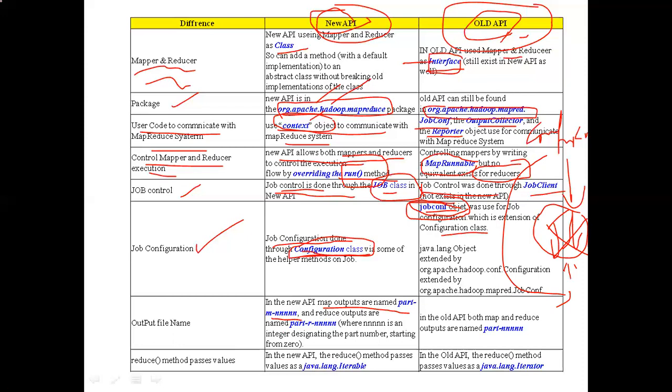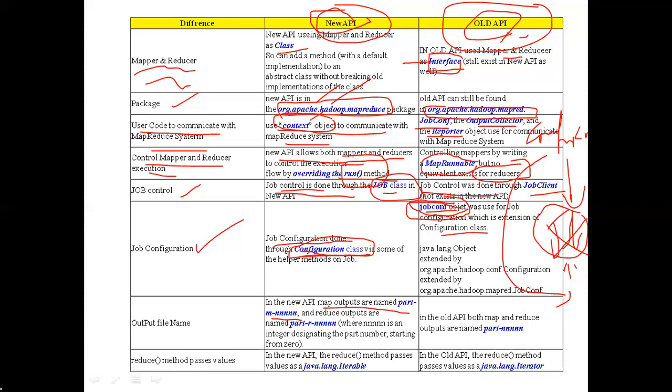The output of the mapper is named as part-m, where m indicates it is the output of the map. Part-m-n, where n is an integer number indicating the part number.